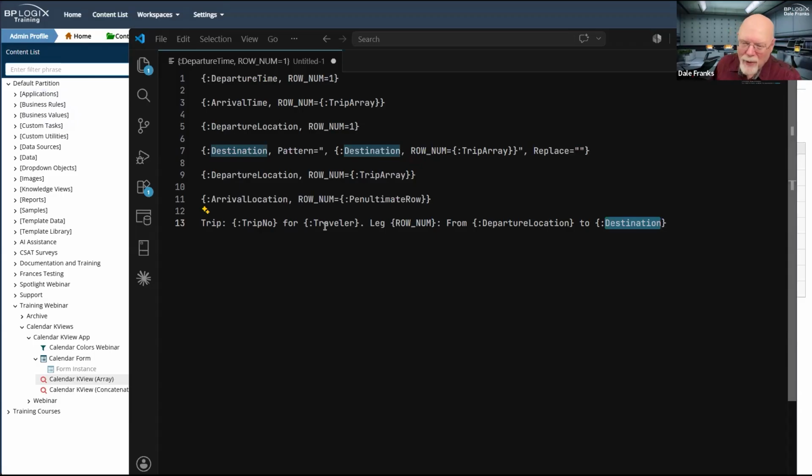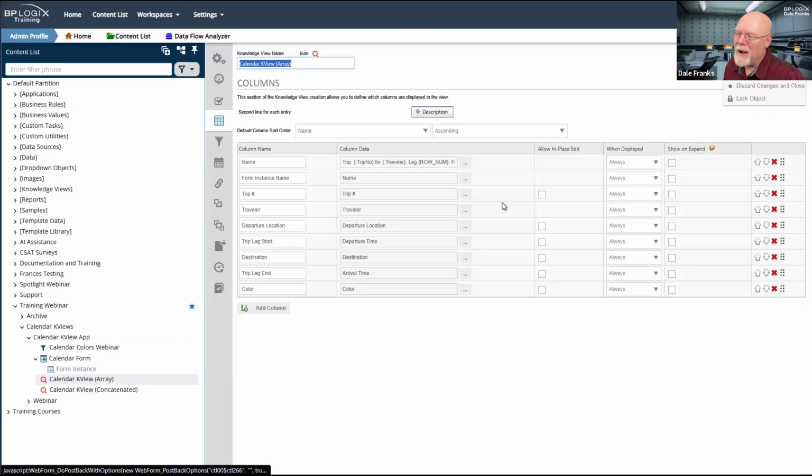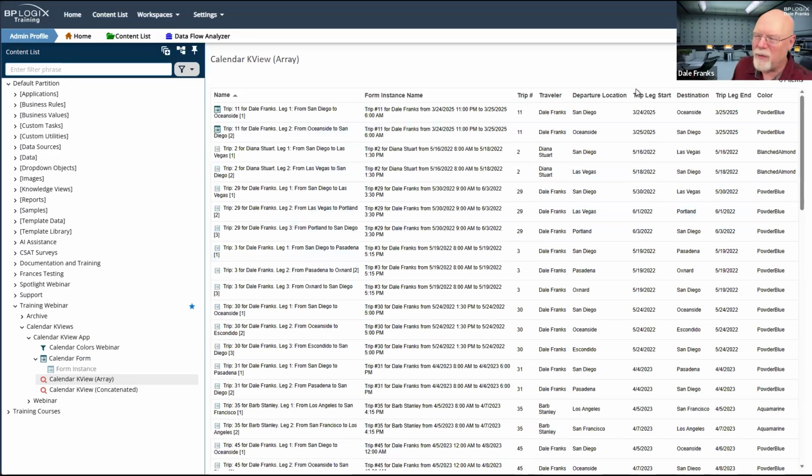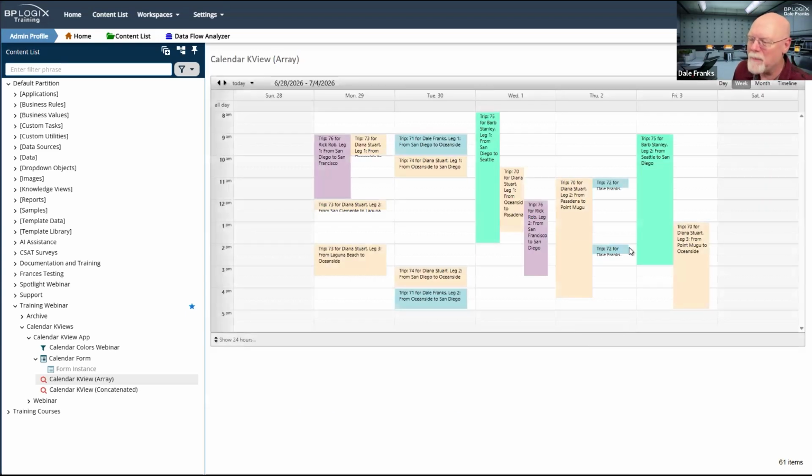Now, you have to exercise some caution as to how long you want to make the text that you're showing. I'm not entirely convinced that I have chosen the best text for this particular implementation, and I'll show you why. I've got a little 30-minute trip for Dale Franks. So it's basically me going from San Diego to Poway and back.